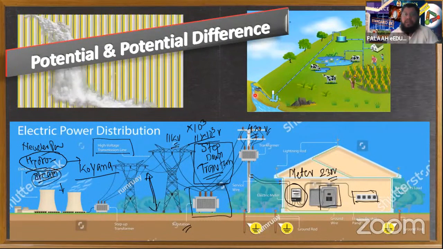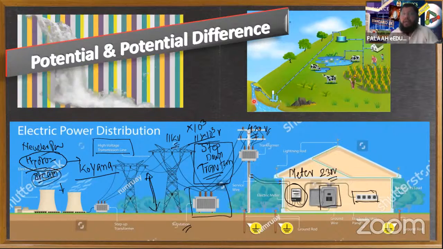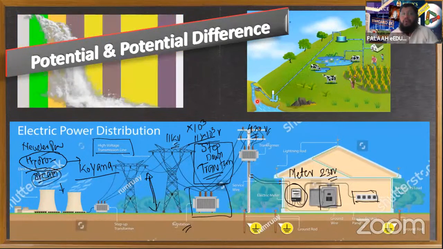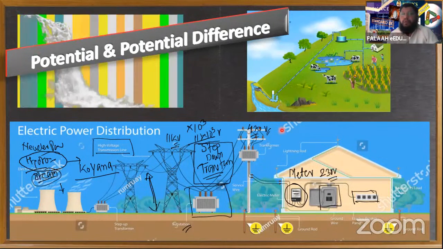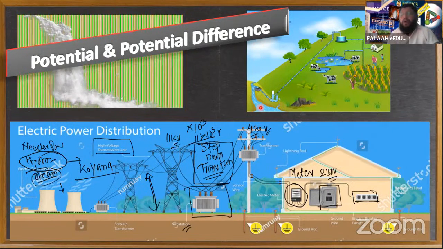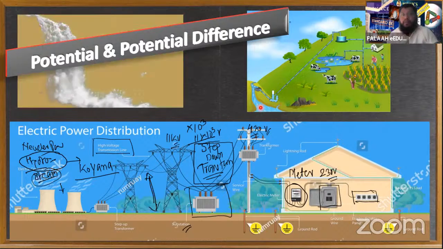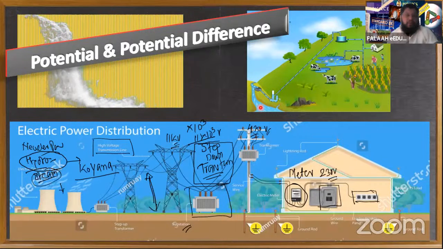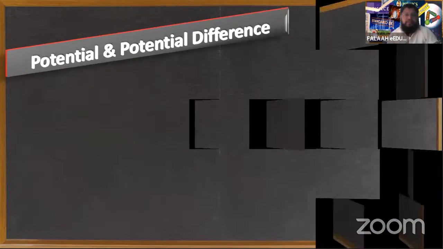From this side, the stream is flowing in the downward direction, from the upper level to the lower level. As there is a level difference, water is flowing. Current also flows through a potential difference. One more example, if you can see,